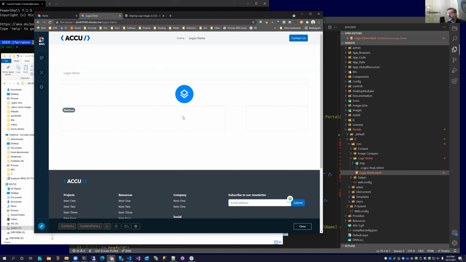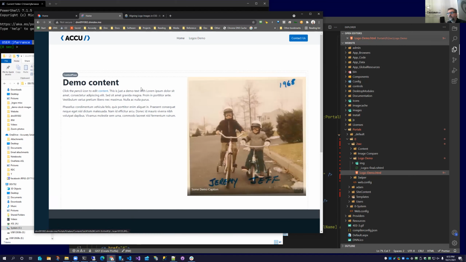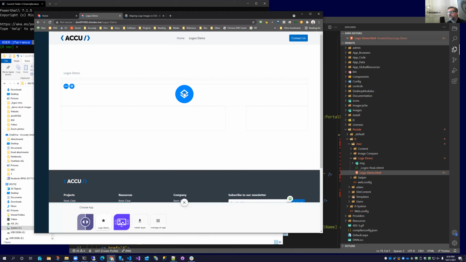And along the way, I'm actually going to point out a few things that are different, because it actually ended up making my presentation kind of more interesting than it was. So we now have an app module on the page, whereas before, over here, this is a content module, and one of the content app views is now on the page. And I'll get more into what the difference is later.